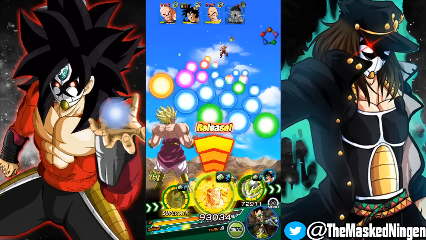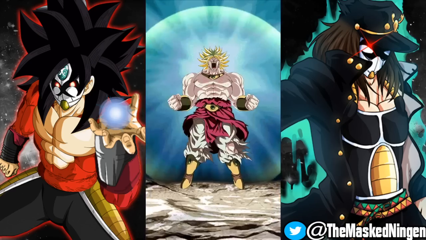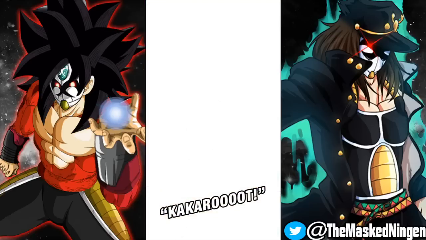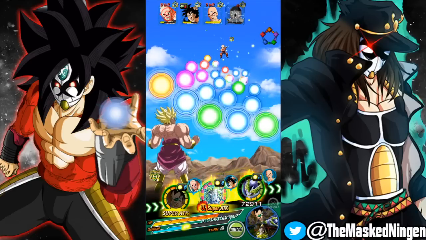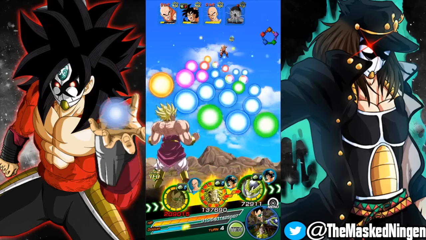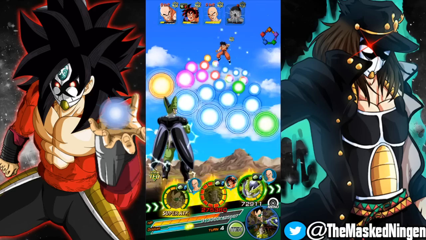Let's use the active skill quickly for Broly, because with Broly we don't need to worry about picking up key, because part of his active skill, as well as giving him the crazy attack buff, immediately puts himself to 24 key, which means we can save some of these orbs here for getting with Cell. So Broly can destroy Yamcha, and then